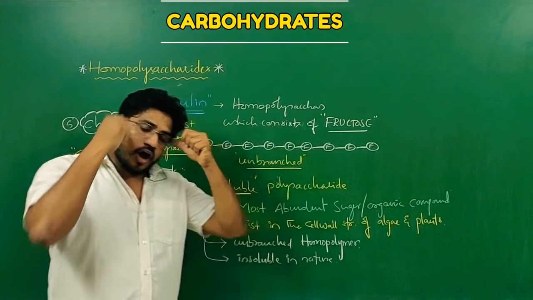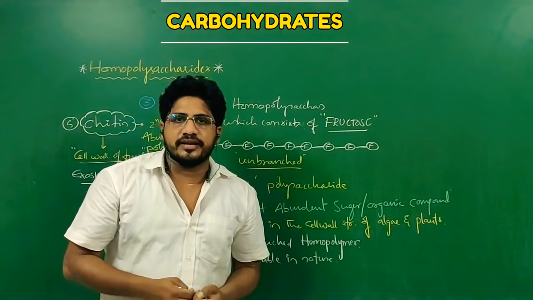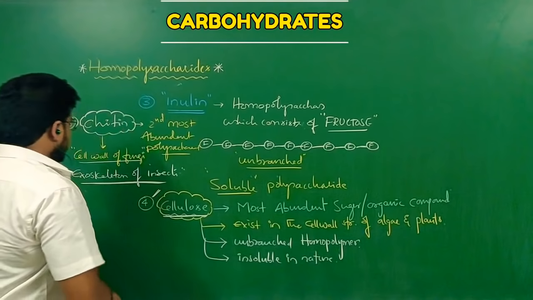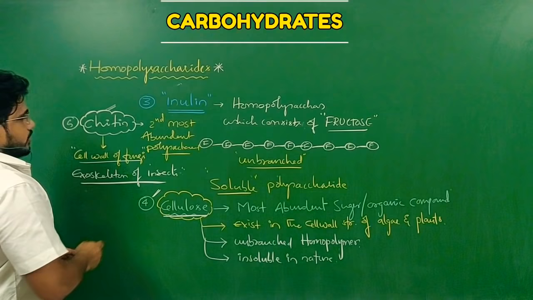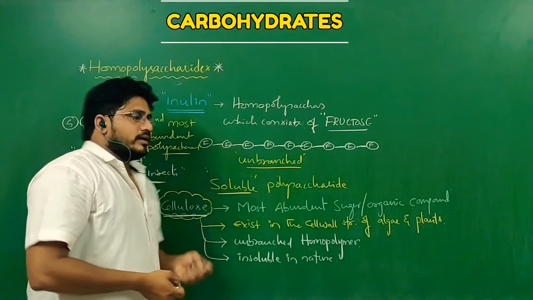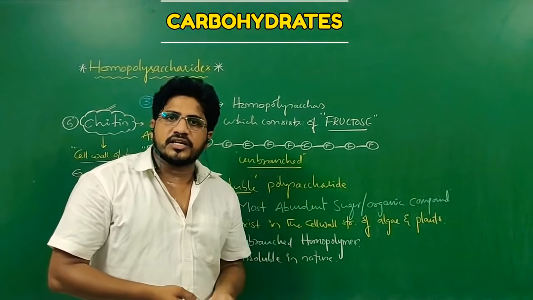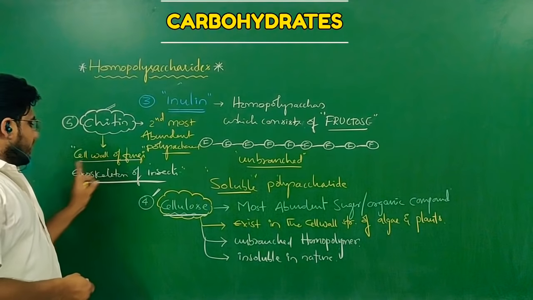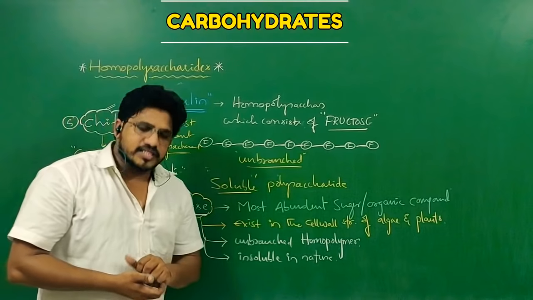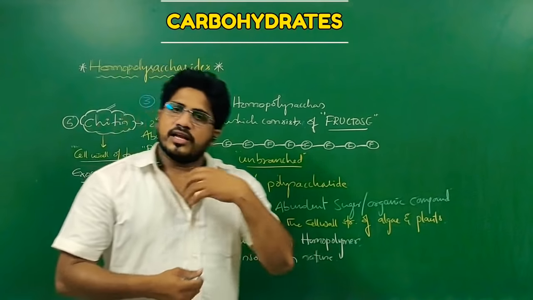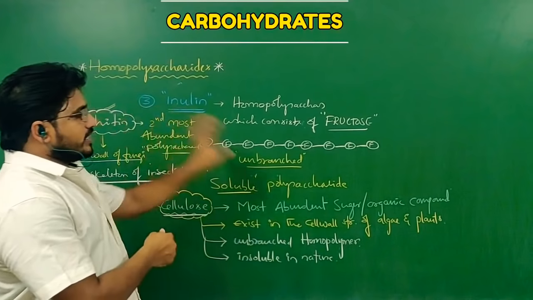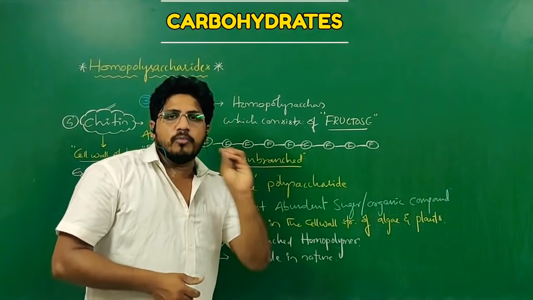This chitin is also present as a gelatinous layer inside the digestive tract of so many insects. So chitin is another important homopolymer, and chitin is also non-branched. It is also highly insoluble and it exists in cell wall of fungi and exoskeletons of insects. That's why insects are protected from the lot of changes that happen in their surroundings or environment. What you have seen at all these are the homopolysaccharides.